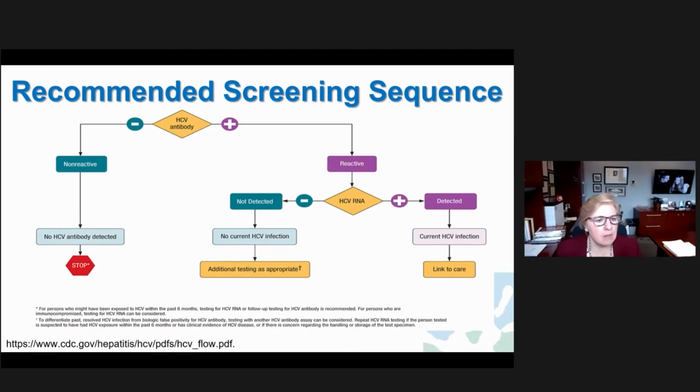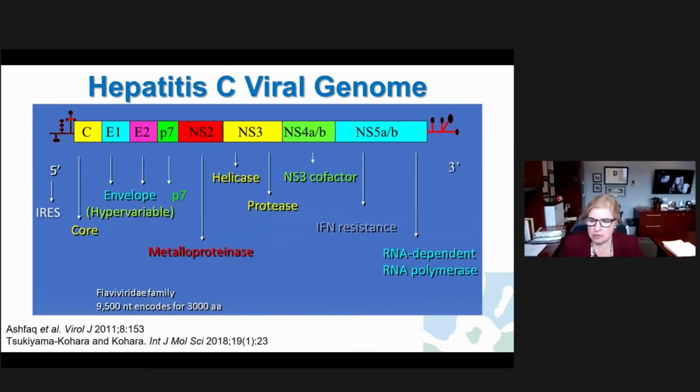Now let's talk a moment about genotypes. Genotypes are created when the viral genome mutates. This is a cartoon depiction of the hepatitis C genome. And there are areas within this genome, specifically the envelope and hypervariable regions, where there tends to be a lot